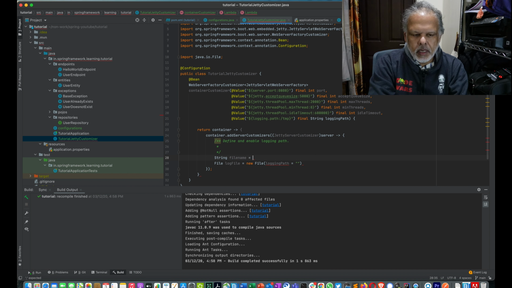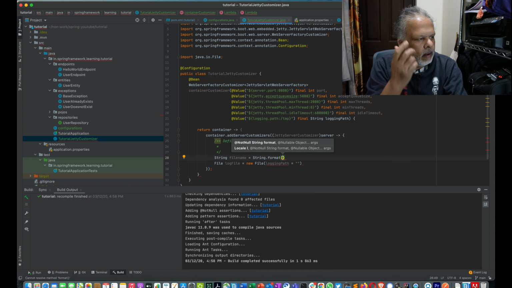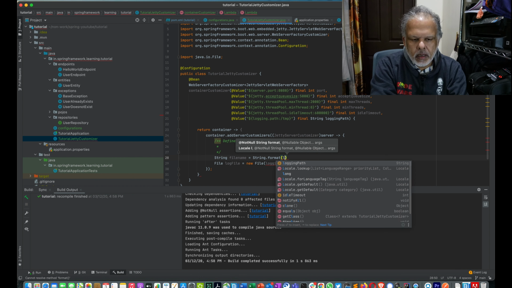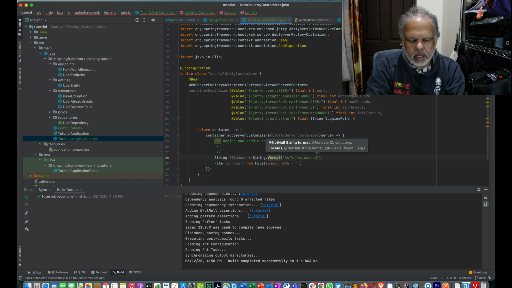File name equal to string.format %s slash, let's call our product as tutorial, dash, then we want to print actually the timestamp, so let's call that also %s dot access dot log,